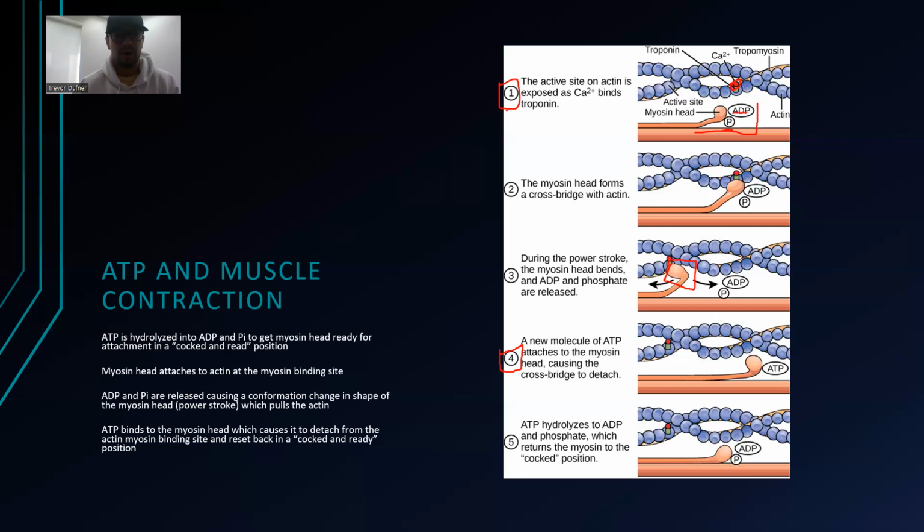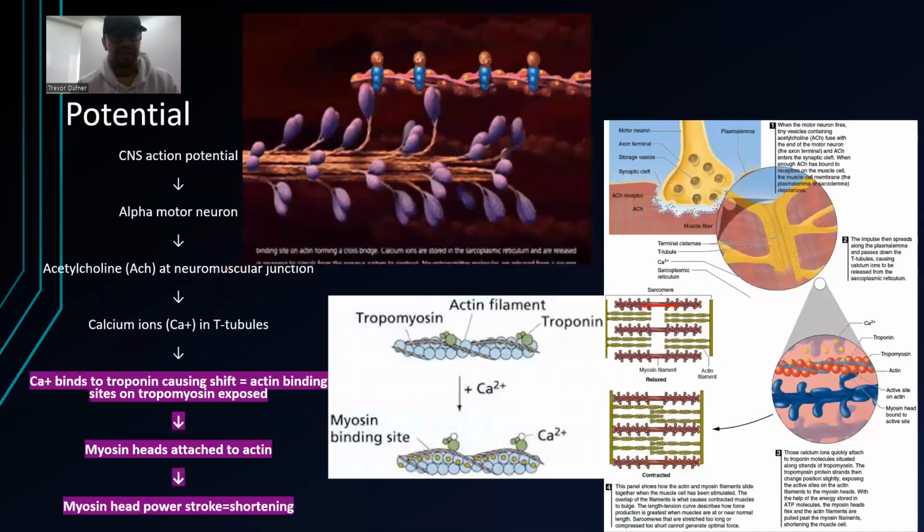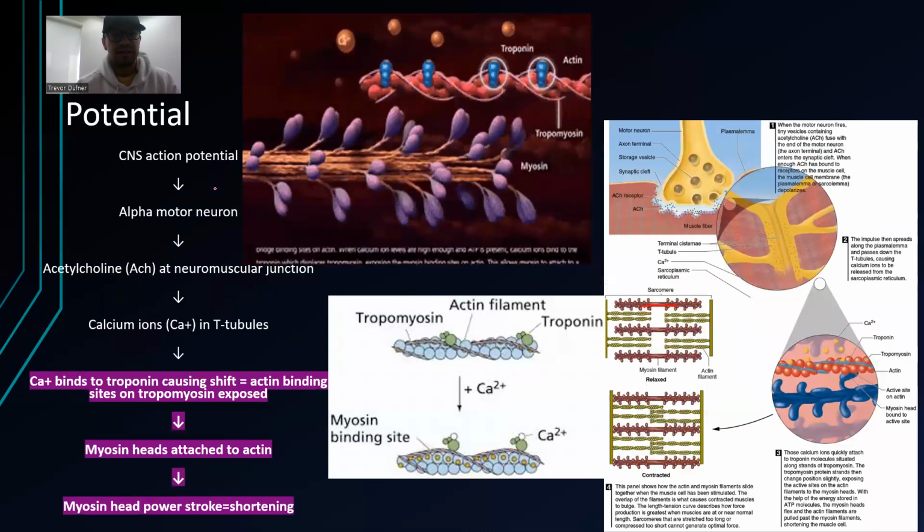And why would calcium no longer be available? Well, we can think about this in an opposite manner of what we did before as well. So you can think about this: what happens? The CNS sends the action potential, the alpha motor neuron, all the way down. That's how we get a myosin head power stroke and shortening. When this signal stops,